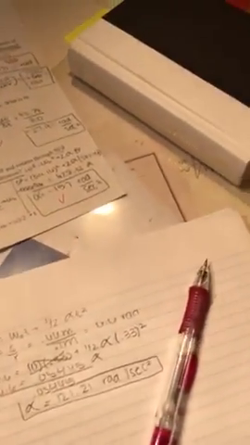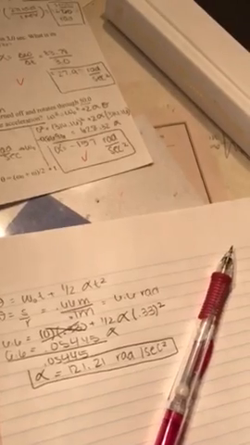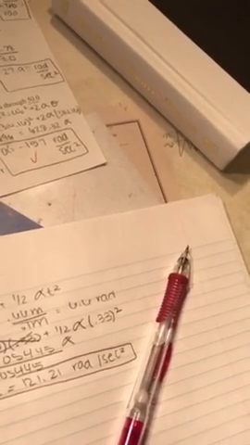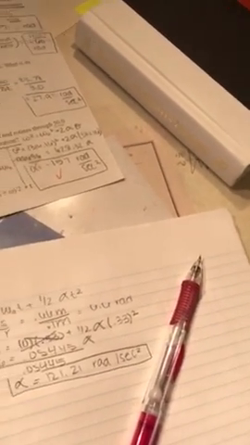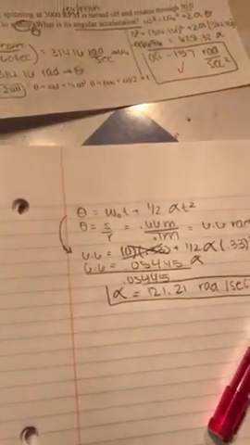Looking back on my test, I realized that I found the average velocity rather than finding the change in velocity, which made it harder on myself because I ended up not being able to use one of the kinematic equations. But I realize now that I could have just used that kinematic equation